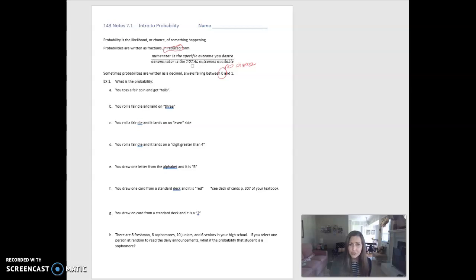Now, the opposite is true too. If you have a probability of 1, then that means there is an absolute definite chance of that occurring. 1 means it is a perfect probability. So, for example, what is the probability that